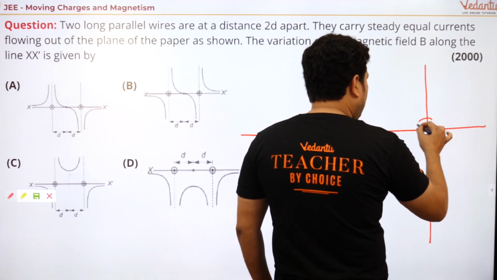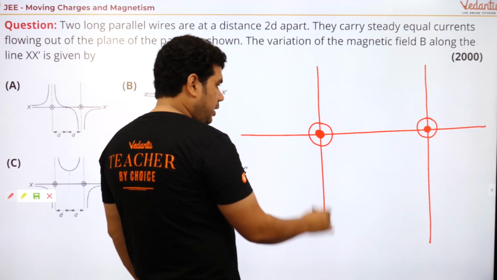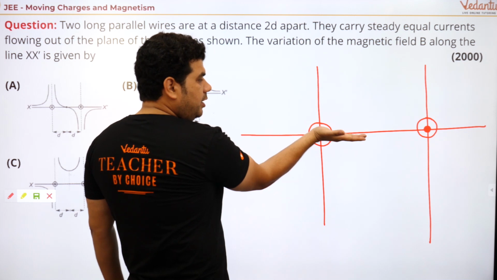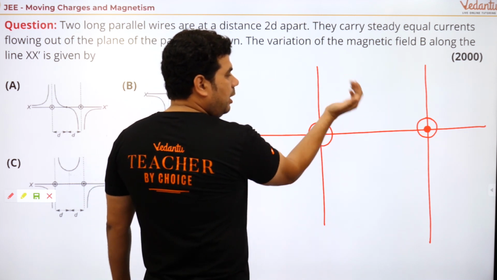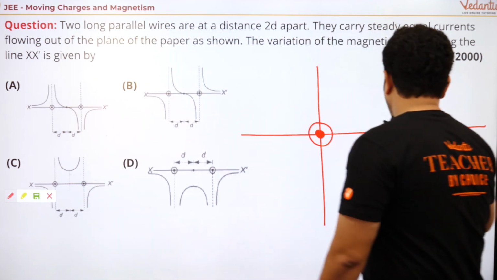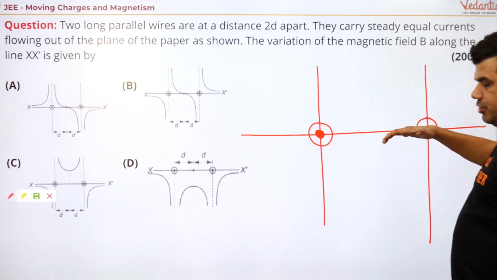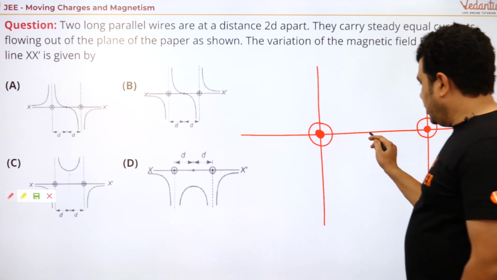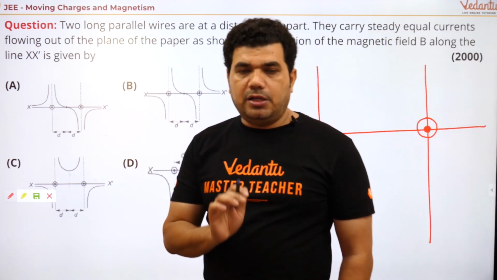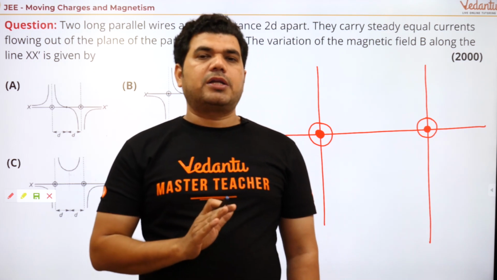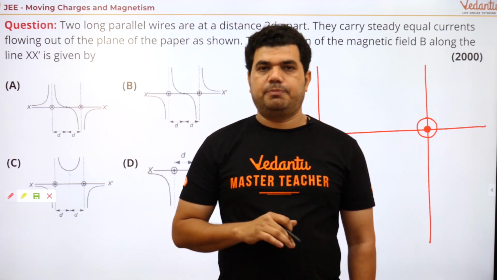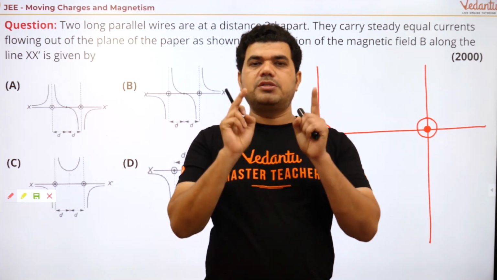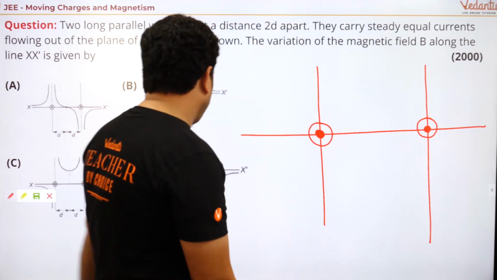This is the direction of current. यहां से direction of current outward, so magnetic field in this region upward. Direction of current outward, so here the magnetic field is inward. So if these currents are equal, at the midpoint the magnetic field is equal in magnitude but opposite in direction. If it is opposite in direction, then definitely बीच में magnetic field 0 होगा, और अगर मैग्नेटिक फील्ड 0 होगा